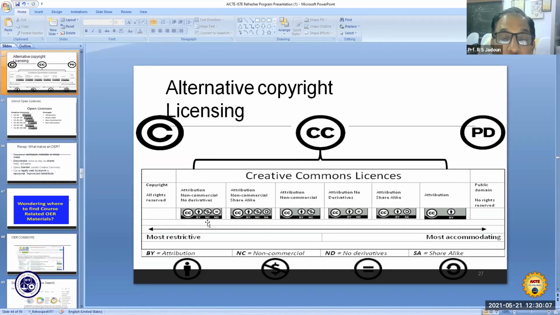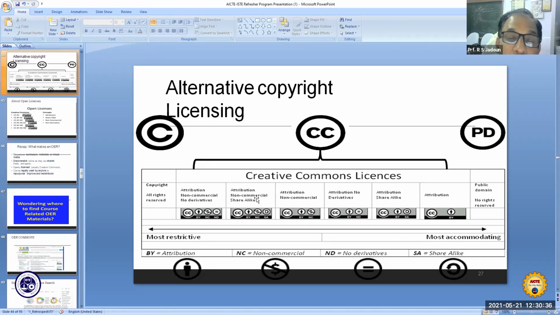NC means it is non-commercial. Neither you can make it commercial nor anybody else can make it commercial. And then ND. ND is no derivative, no duplication can be made, no copies can be made. So it is less restricted than copyright, but it is the most restricted among the Creative Commons licenses.